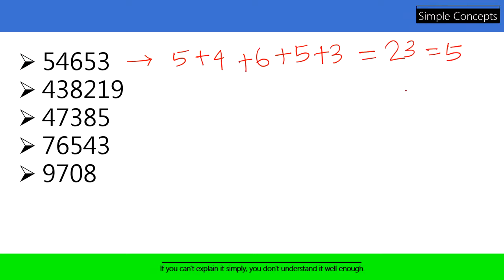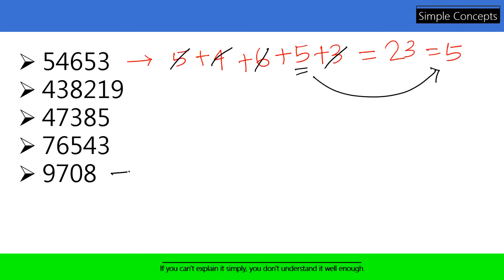As we discussed in the last lecture, we should phase out 9, because we know that digit sum of 9 is 0. Here if you look, I get 5 plus 4 is equal to 9, so I don't consider this at all. Once 9 comes, don't consider. Then 6 plus 3 is equal to also 9, don't consider. What remains? 5. So my digit sum is actually 5. If you want to figure out a digit sum, then phase out the 9 in between. You can get to the result faster.